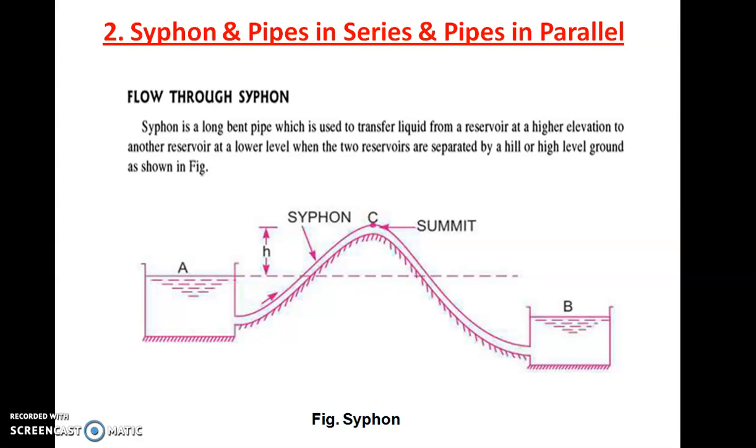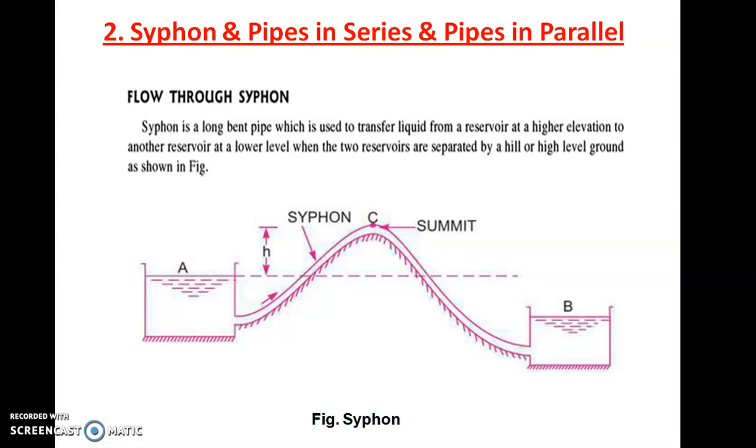Basically, as you go on increasing the level of point above the ground, then the pressure goes on decreasing. And the same pressure decrement phenomenon we are going to utilize in the siphon, because if the pressure goes on decreasing, there will be vacuum created, and with the help of that vacuum the water in the tank A will be attracted towards the point C because of the vacuum, and it will be taken to the point C, and after C it will flow normally to the point B.